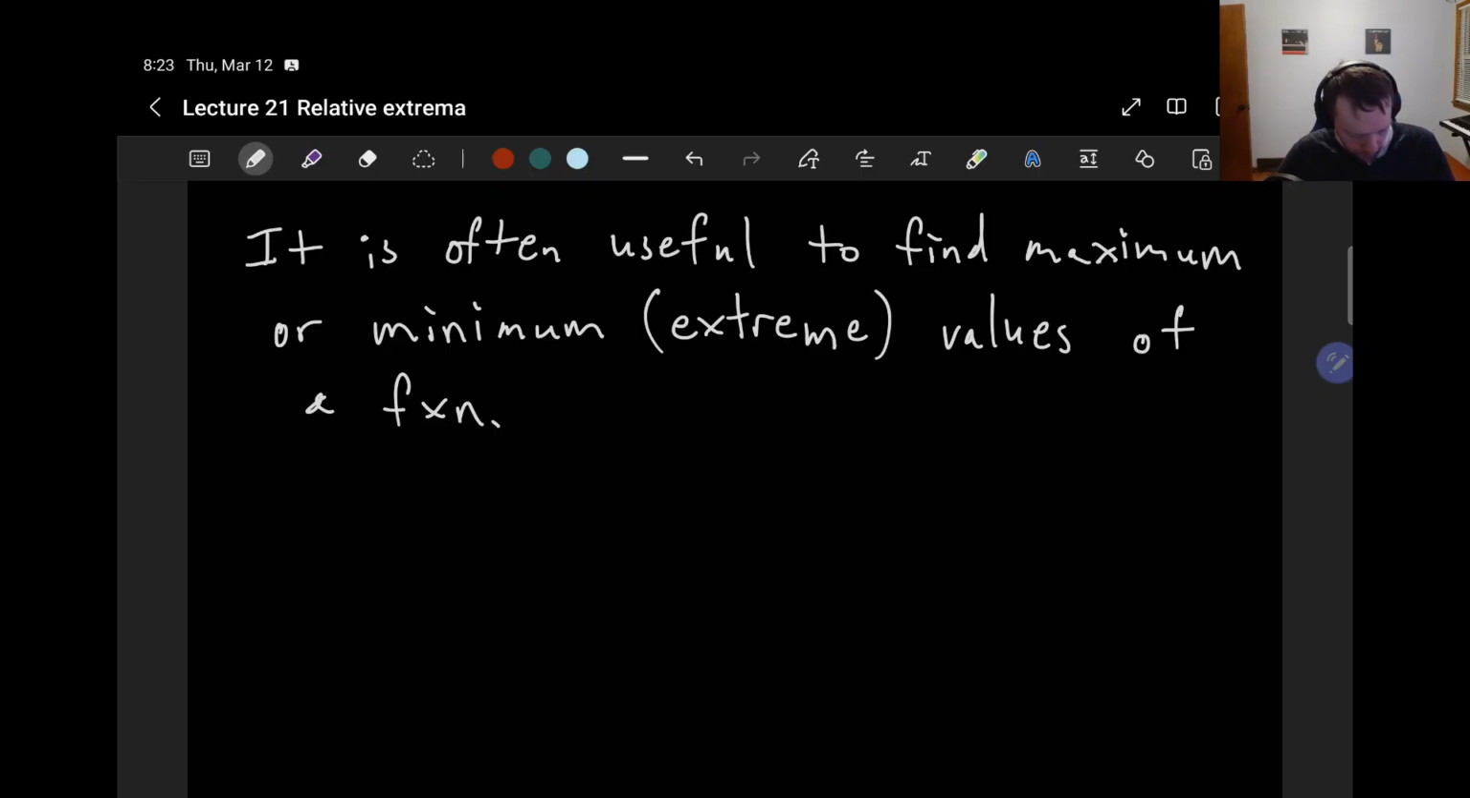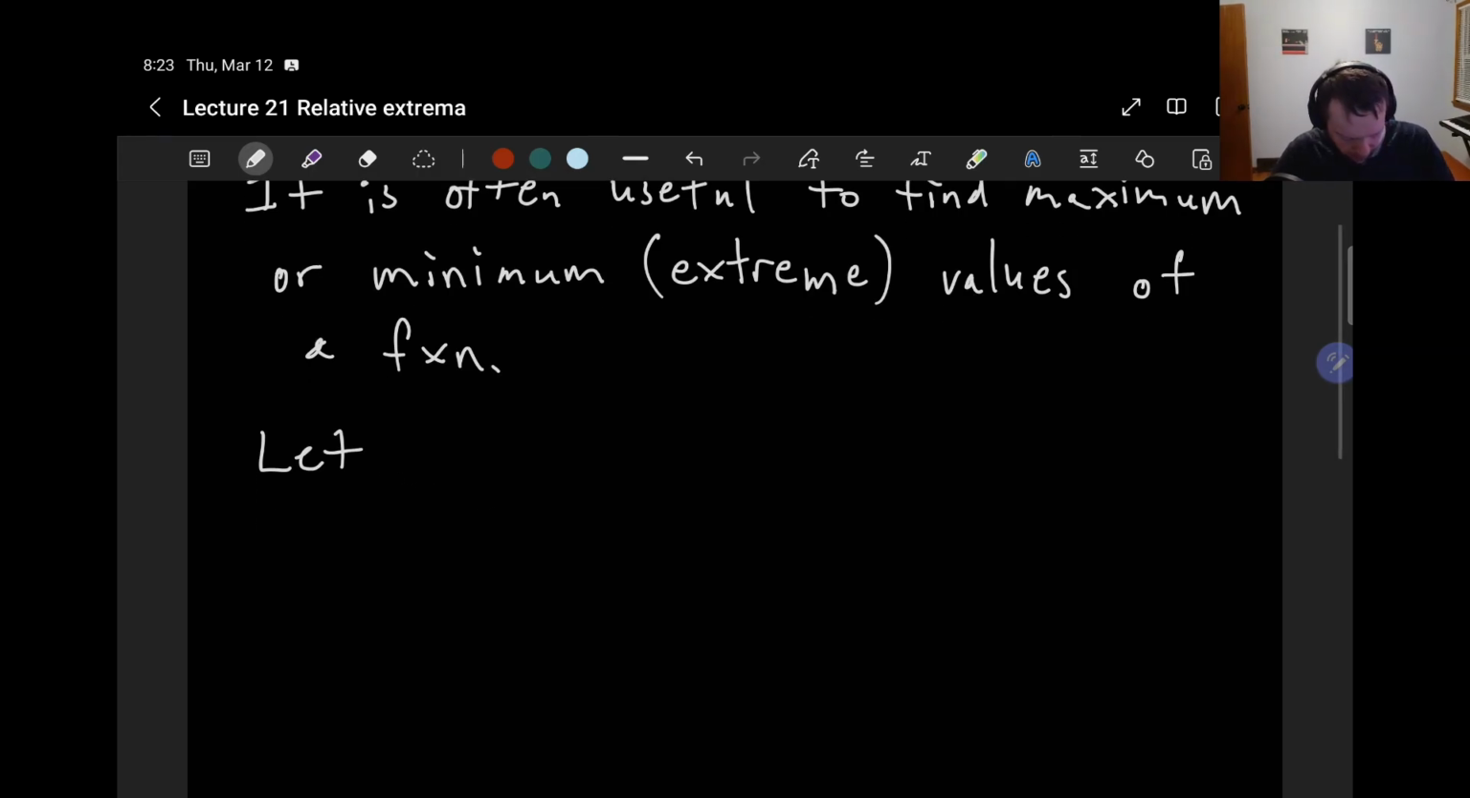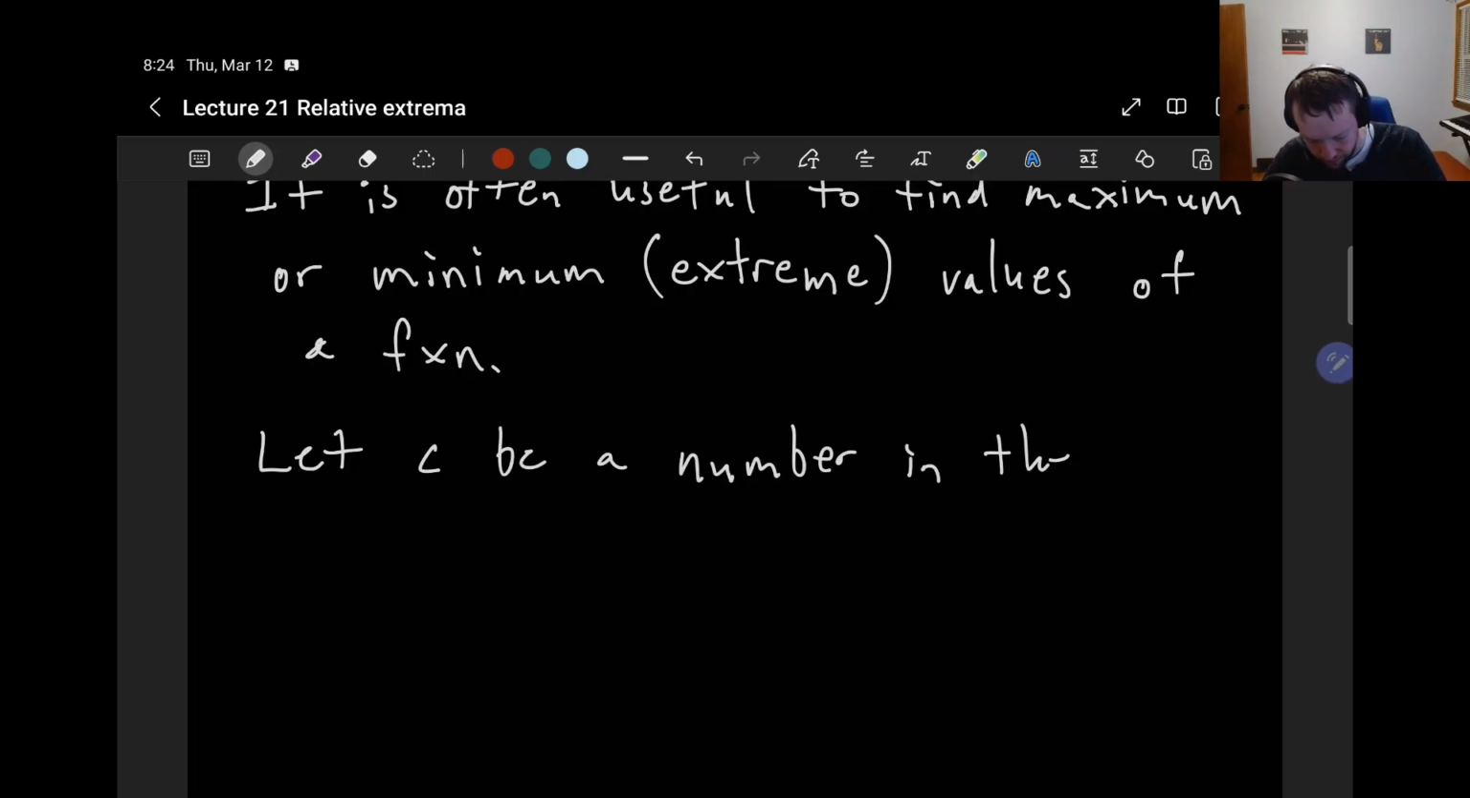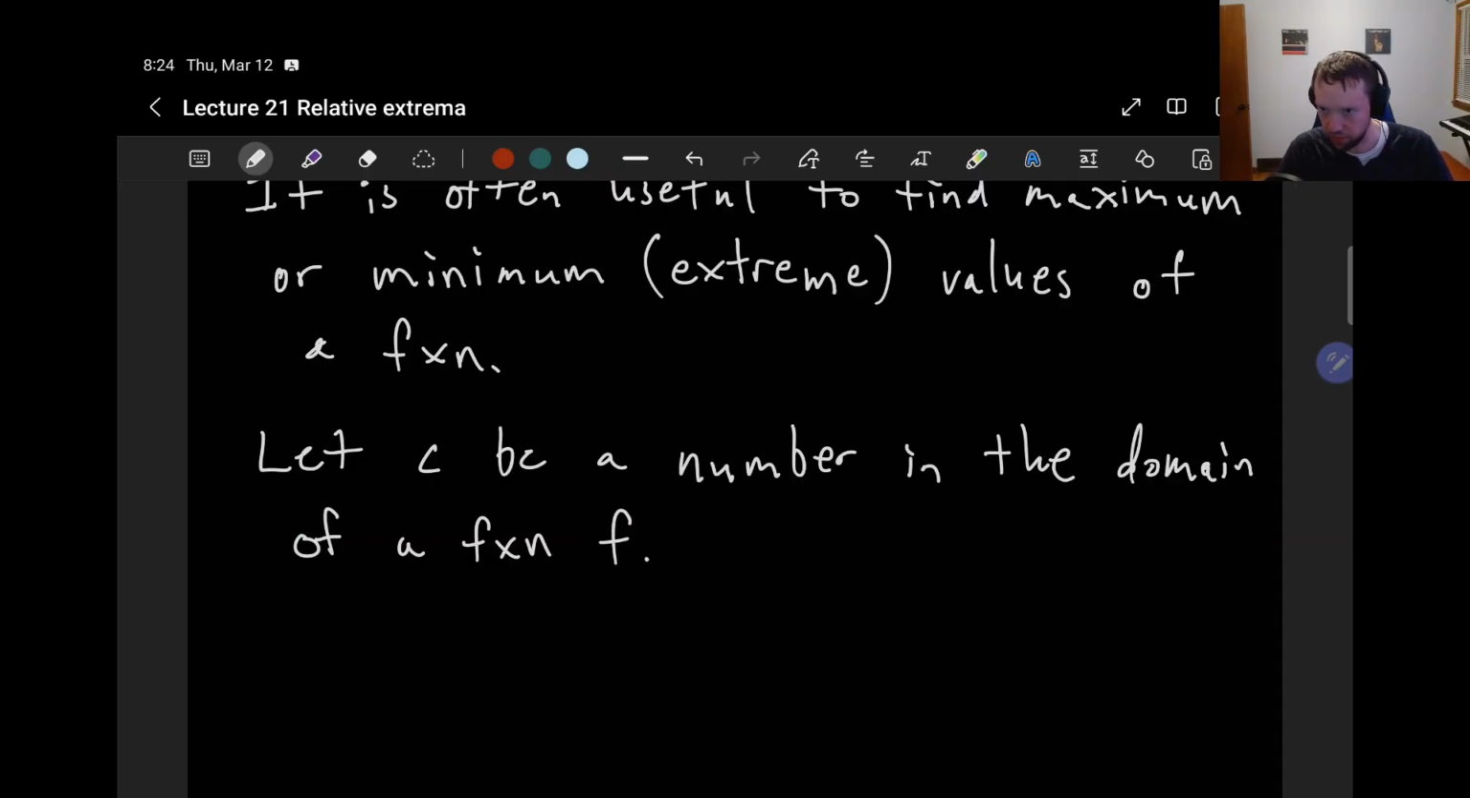So let's define these things. Let c be a number in the domain of a function f. So it's a valid x value that can be plugged in to this function. Then f of c, the y value,